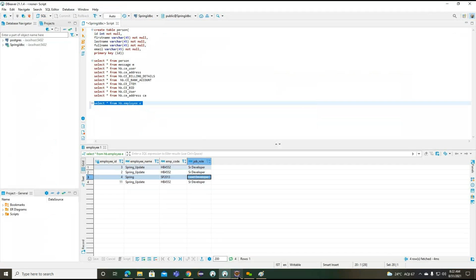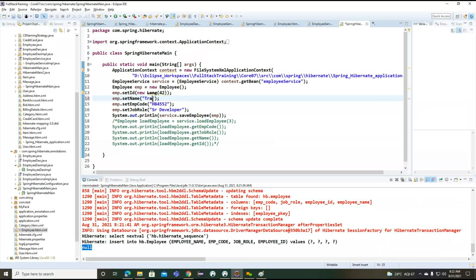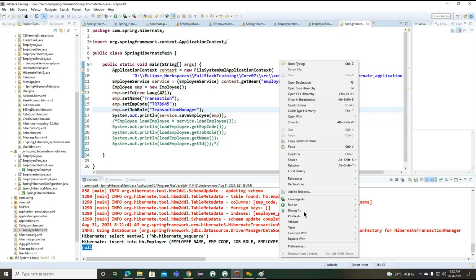Okay. So here we are working with a sequence generator, and because of this sequence generator the object is inserted. Now for the transaction, we'll go for some different role here, the transaction manager.